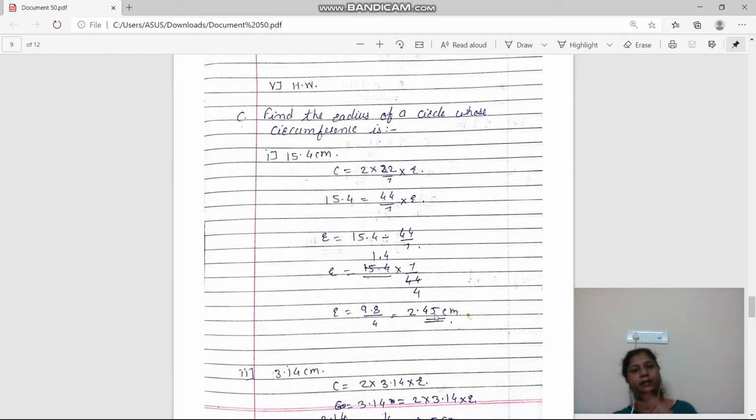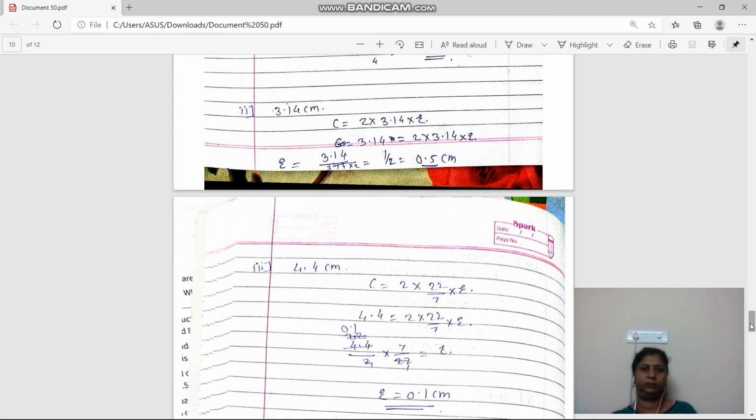That is 4 5s are 20. So what will be the answer? 2.45. This is the absolutely correct answer. Okay. If you want, you can divide in the rough. Fine. So let's see the second example. 3.14 centimeter. So see here, C is equal to 3.14